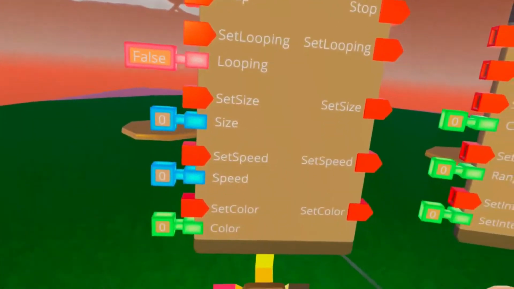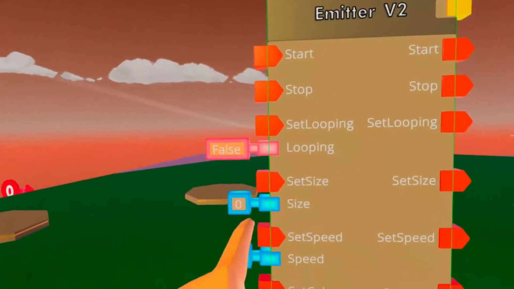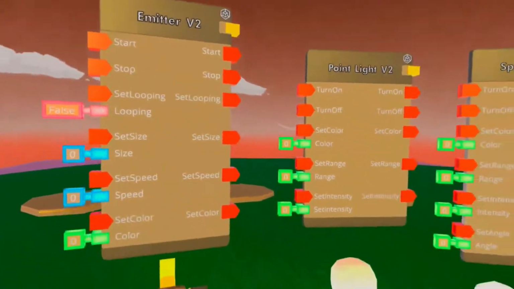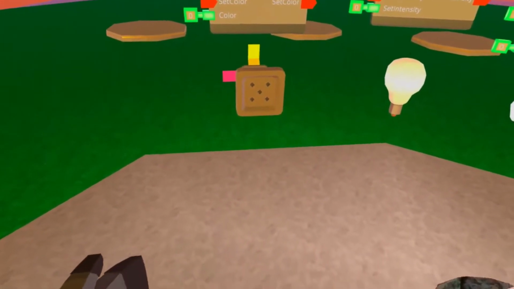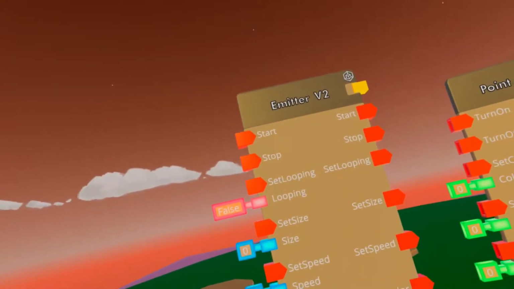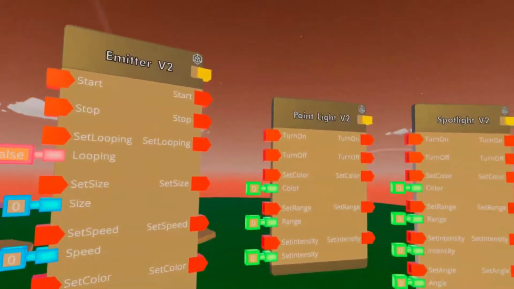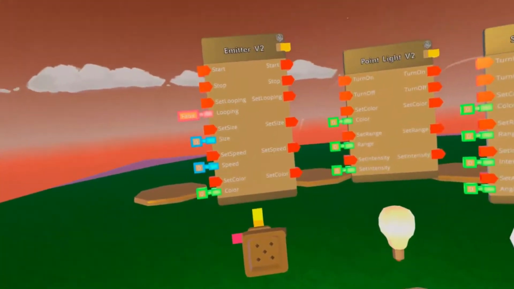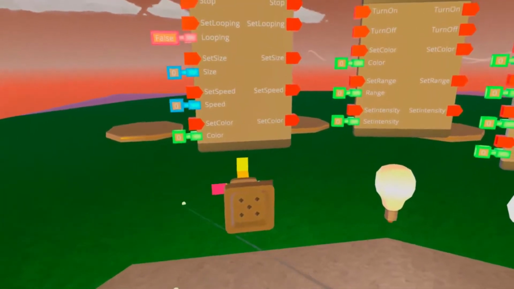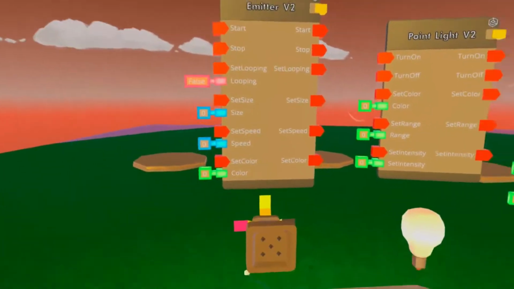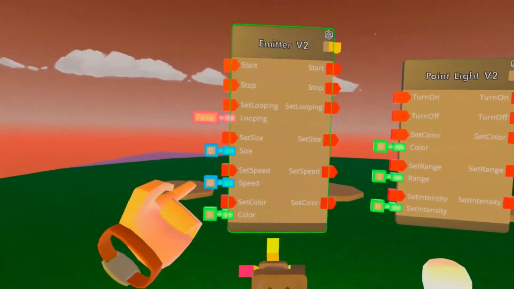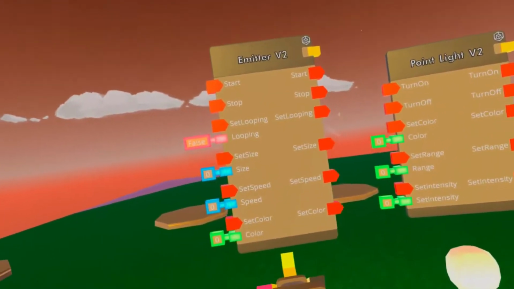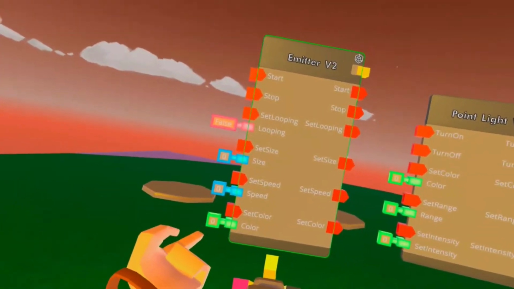Set size of the particles, and pretty much the direct size of what you want. This time we don't just have integers, right? In CV1 you were only able to use 1, 2, 3, 4, and 5. But here we have a more specific value. So now instead of having the size 4, we can have it 3.6 if we wanted to. Set speed, how fast it'll be emitting, and again, precise value, and set color, and the traditional color